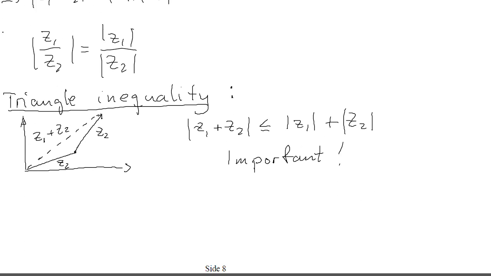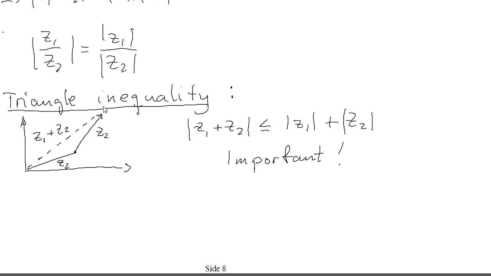A very important inequality is called the triangle inequality. If we have two complex numbers, z1 and z2, then the absolute value of the sum is always less than or equal to the absolute value of the first complex number added with the other absolute value. So this is an important inequality, and it's possible to show this by some